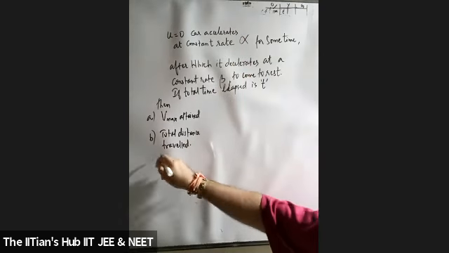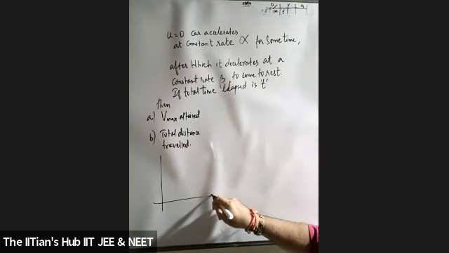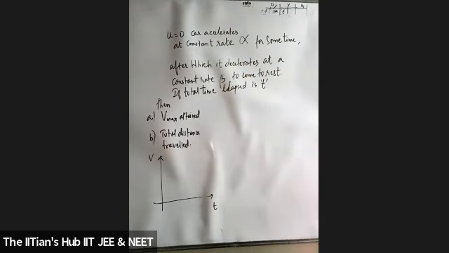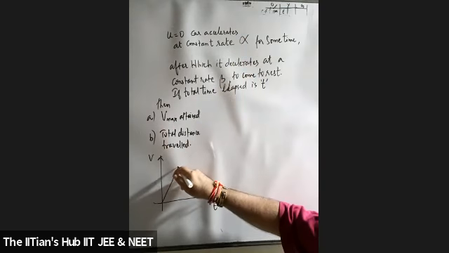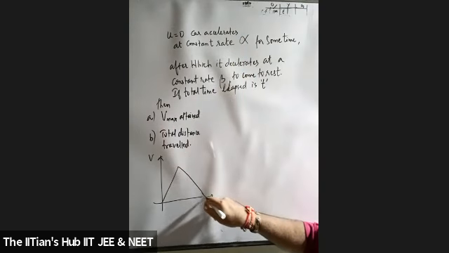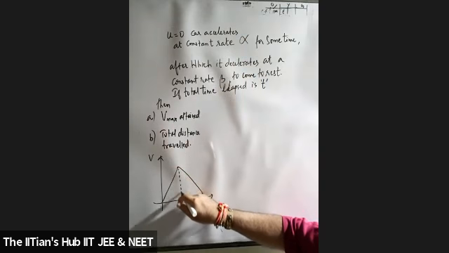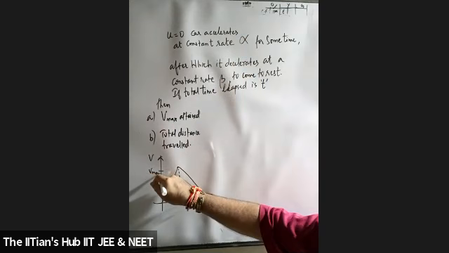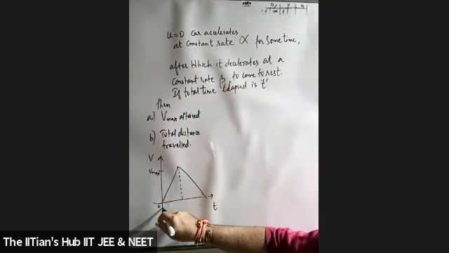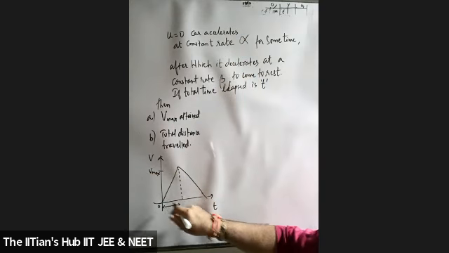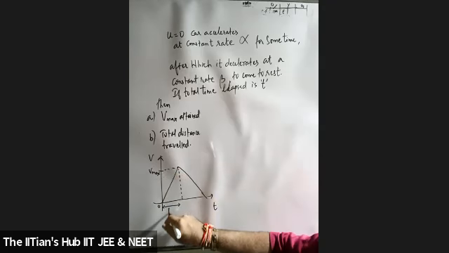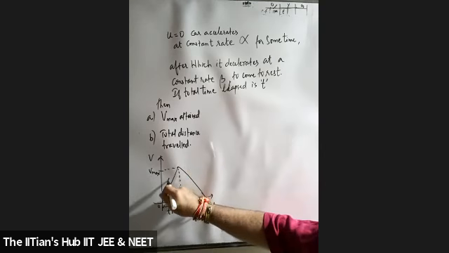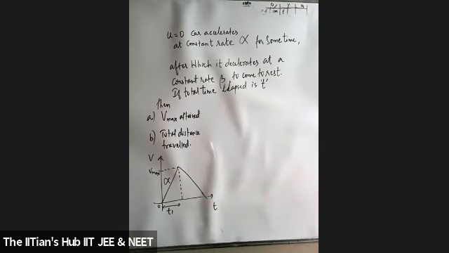If I give you a graph, students, listen carefully, this is a velocity time graph. The motion is initially accelerated and then it gets decelerated. Now, this is the maximum velocity we consider. Let us say the body starts from rest. The time taken to move from 0 to maximum velocity is t1. Motion is accelerated, that is, the slope is positive. So the acceleration alpha is a positive acceleration.